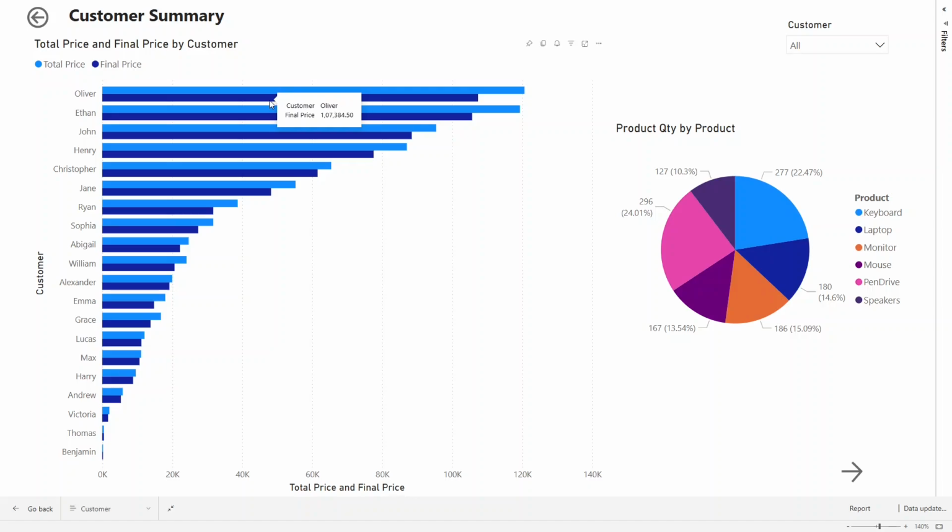So we can see that if there was no discount involved, then the total price would be higher, around 1,20,000, and if the discount was given, it is around 1,07,000. And similarly, we can see for other users also there are multiple values available. If we talk about product quantity by product,